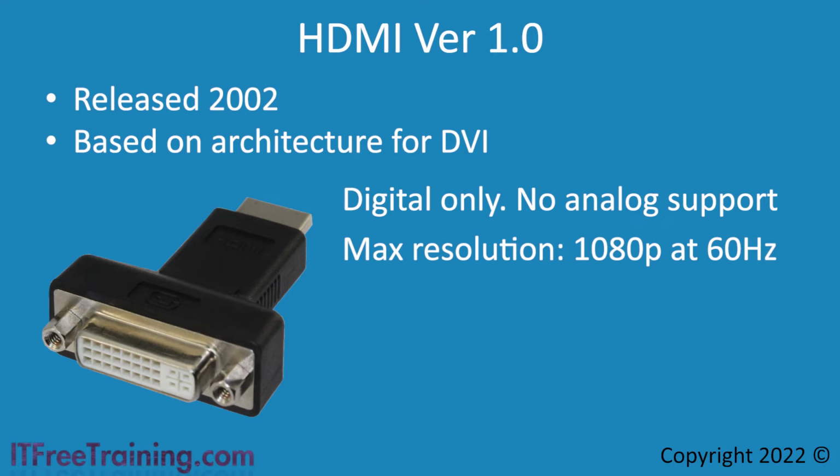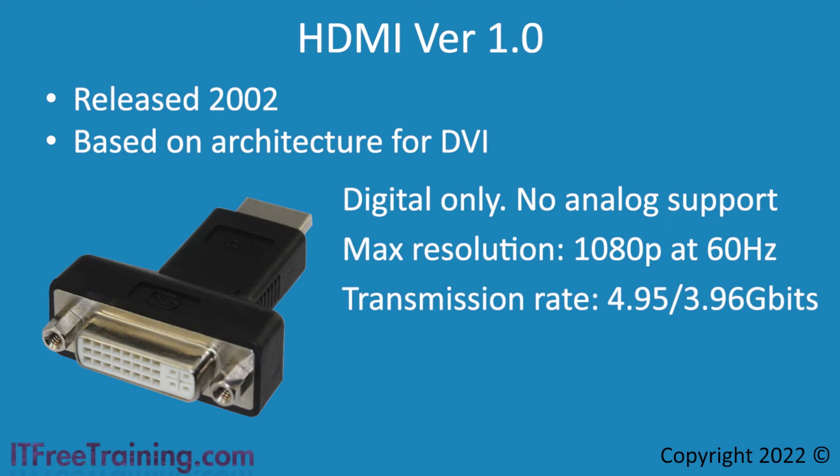When looking at HDMI, it is important to understand the transmission rate. Different cables will have different limitations on how much data they can transmit. This will affect the resolution you can run at, the frame rate, and the number of bits that can be used for each pixel on the screen. In the case of version 1 of HDMI, it supported a transmission rate of almost 5 gigabits per second. It should be remembered that HDMI uses extra bits when transmitting, so effectively, the amount of actual data it transferred per second was 4 gigabits per second. Effectively, almost a gigabit per second is lost for extra control data to ensure data accuracy when transmitting.